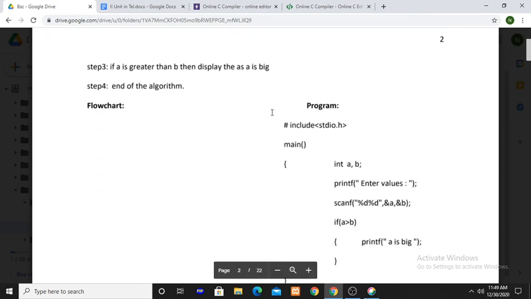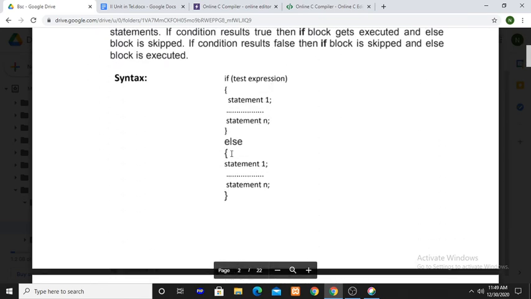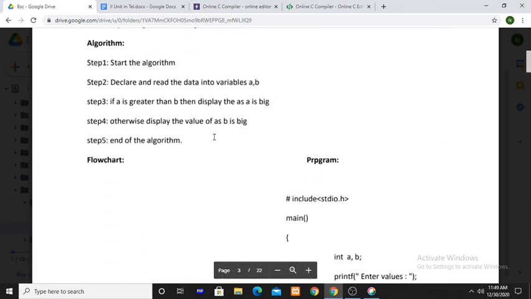But here in the false situation also, you are saying that this part is to be executed. In the true situation, similar to the previous case, if block is executed. But in the false situation, you are saying that execute the else part. So that is the if else block.